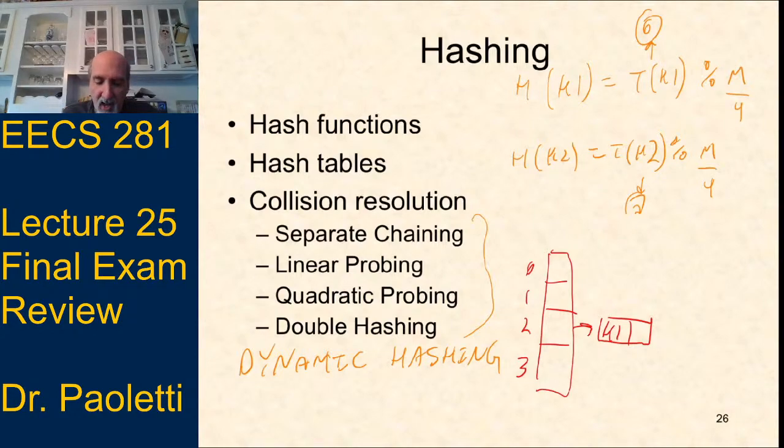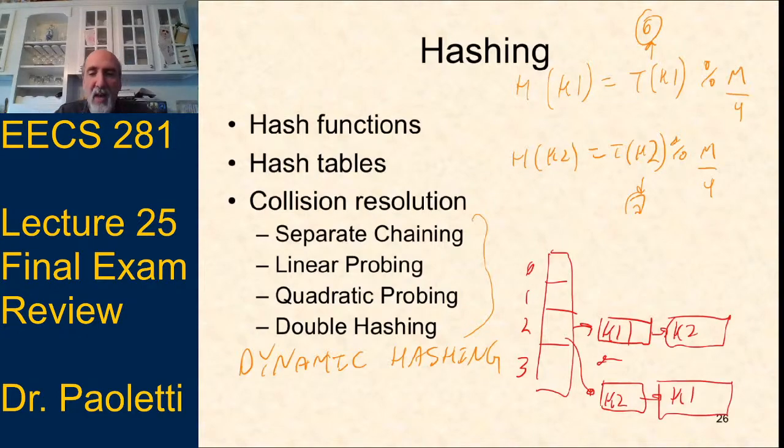So we'd put key 1 at index 2, and then when I add key 2, well, it depends on how I add it. Let's assume we don't want duplicates. So if I don't want duplicates, it doesn't matter. Key 1 and key 2 are different keys anyway. So then I could either end up with key 1 points to key 2, or I might end up with this points to key 2, which points to key 1. The order of the linked list doesn't matter. They just both have to be in there.